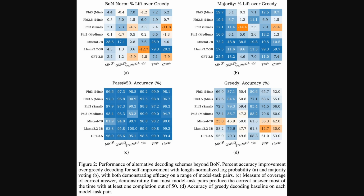Okay, so figure 2 here dives a bit deeper into different ways to pick the best answer beyond just the highest likelihood, like using length normalized probability or even majority voting. Panels A and B show these alternative methods often give a nice accuracy boost compared to just taking the model's first guess, which we see in panel D. In panel C, the pass at 50 accuracy really highlights the model's coverage, showing it frequently generates the right answer